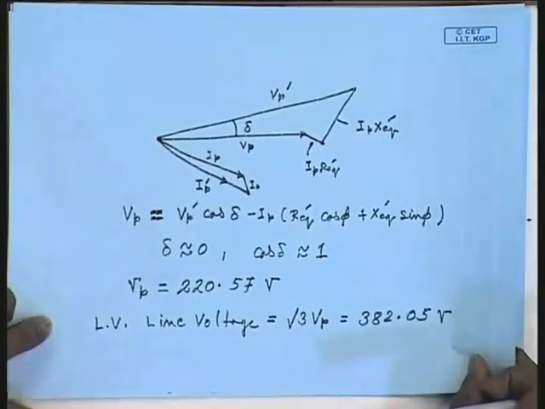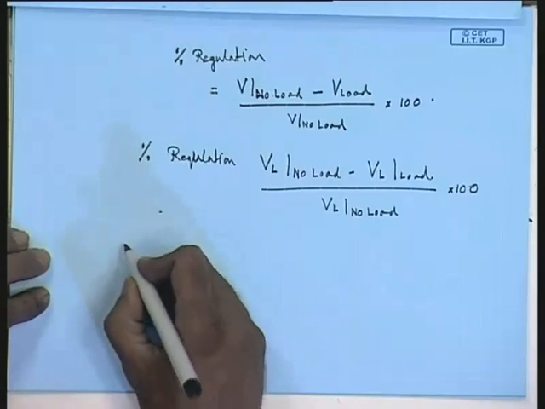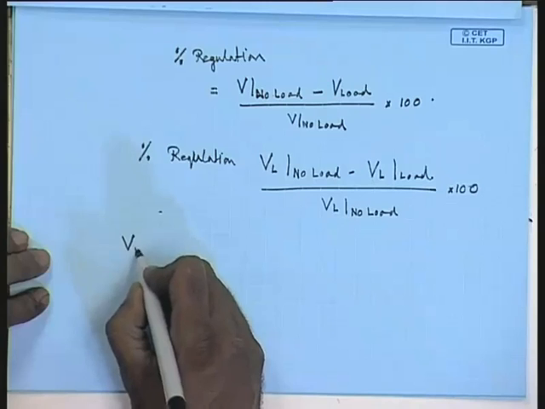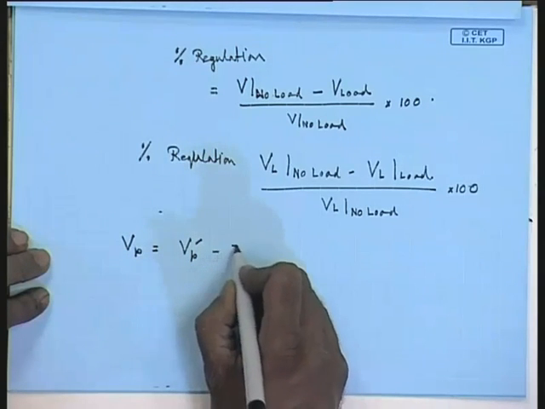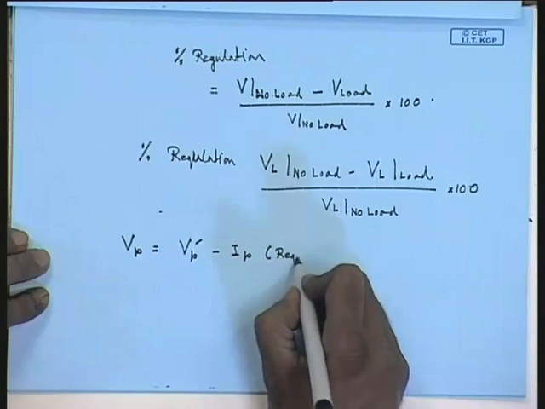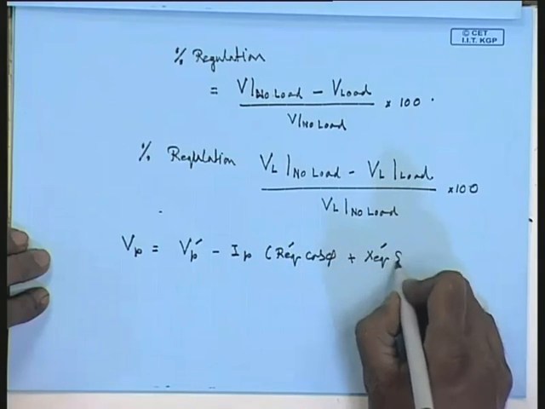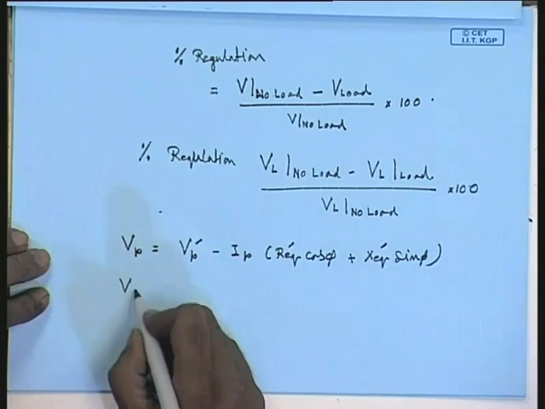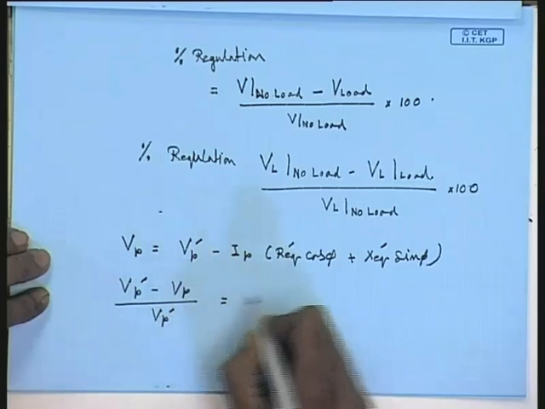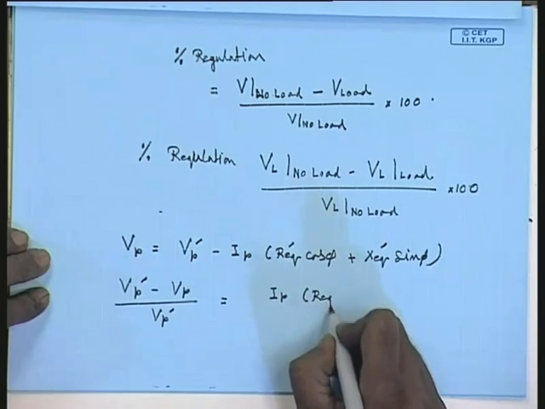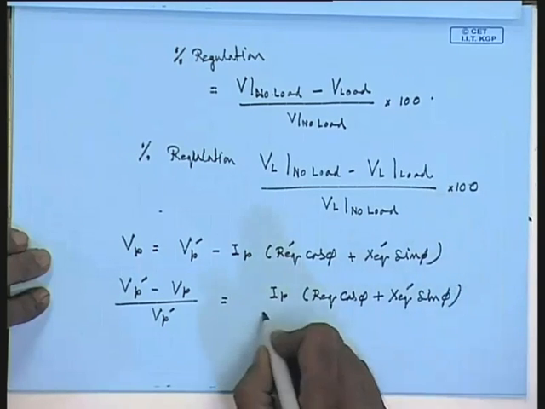The loaded terminal voltage was given by Vp equal to this. Following that, the loaded phase voltage Vp equals the no load phase voltage Vp dash, which is the applied voltage, minus Ip Req cos phi plus Xeq dash sin phi. Hence, Vp dash minus Vp by Vp dash equal to Ip into Req cos phi plus Xeq dash sin phi by Vp dash,